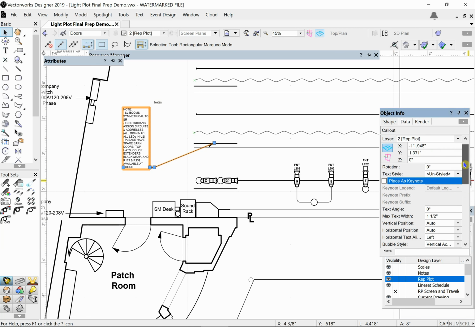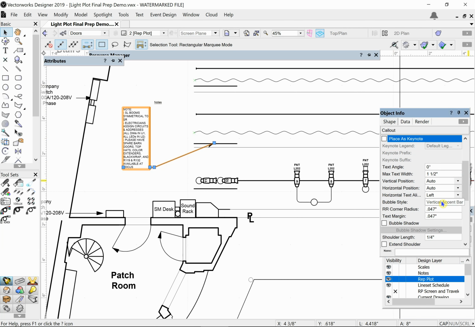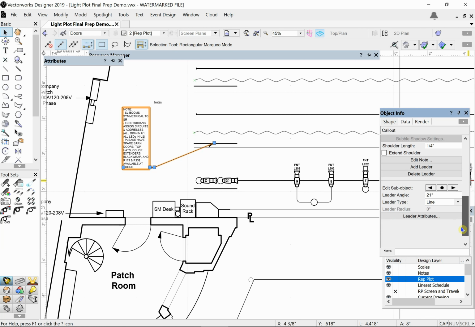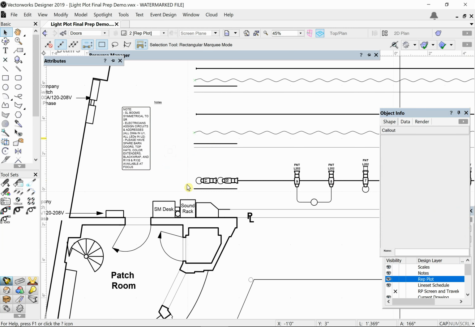So over in Object Info palette, I can look for the setting that gives me a bubble, a box, or I like the round rectangle. That's what I usually go with. And I can do all sorts of stuff to tweak, like the radius of the round corners, stuff like that. Play with it if you want. And then I want to turn off the arrow. I just don't want that. So that's the leader line here. So I can say leader type none. And now it's just this nice